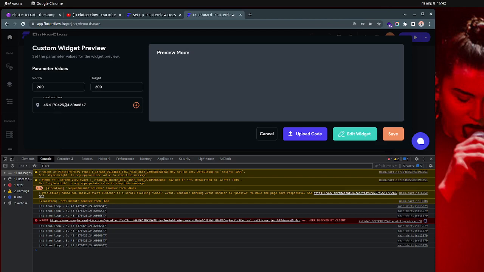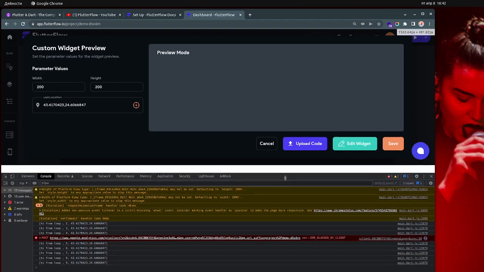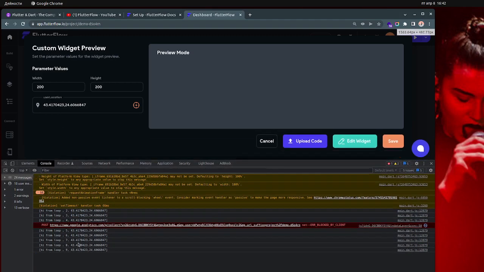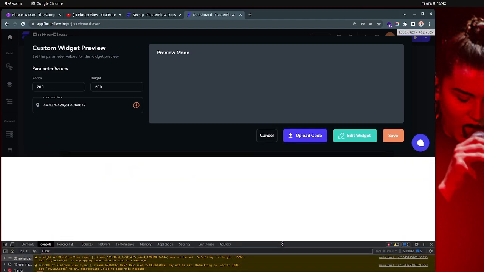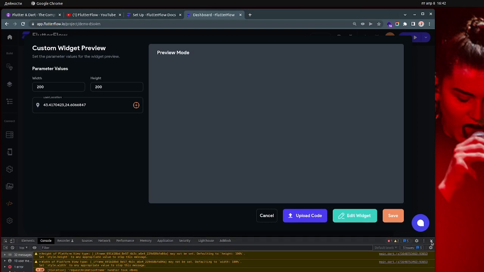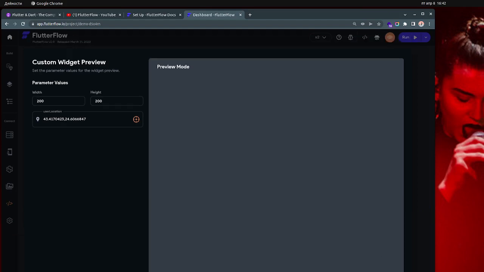Currently I just put some random location. So yeah, this is the location, and it's actually sending it from 1 to 9, and then it stops. You can see it over here. This is working. That's great. That's amazing. But the problem right now is that if you want to send this